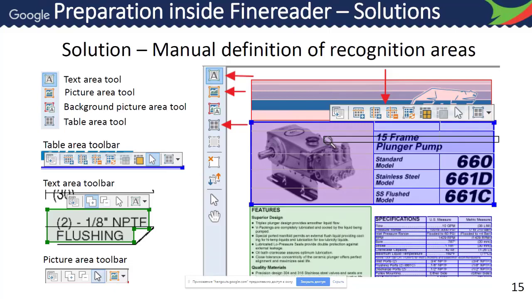Using the toolbar, you can merge table cells and insert or remove row and column separators. And text and picture area tools also have special toolbars which allow some additional actions. After you learn to do this correctly, you can let FineReader recognize specific pages automatically and then redefine the areas if FineReader makes a mistake. Personally, I prefer to define all recognition areas manually at all times, but let FineReader recognize table structure automatically and correct the results if necessary.